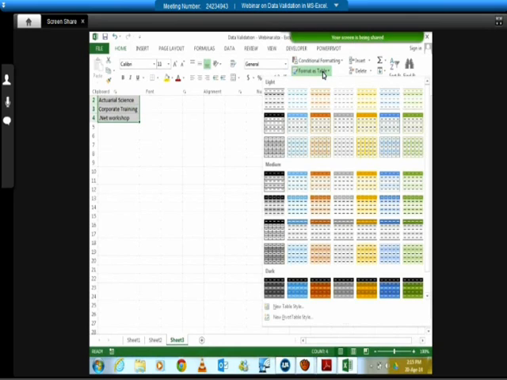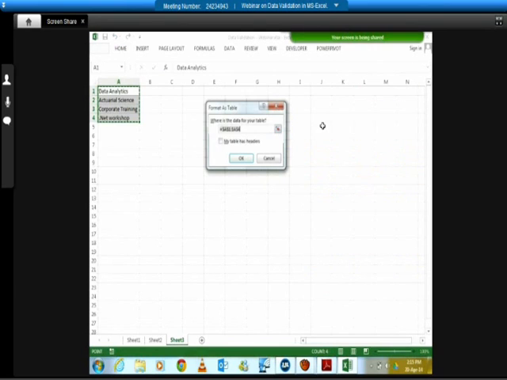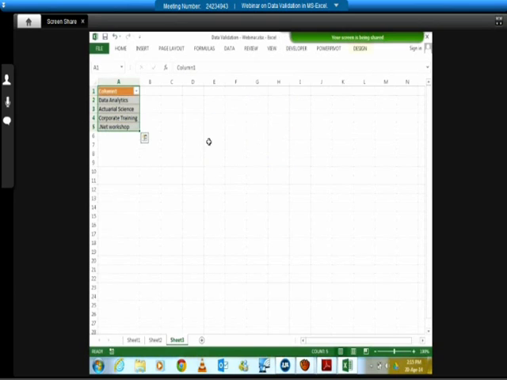So let's put this table. It's asking where the data is. It selected the data A1 to A4. And then it asks if my data has headers. My data does not have a header, so I'm not going to check this. I'm going to click OK. This has come up. Now I'm going to select the four cells and name them. Let's say I will name them IV program again, but I'm writing the full form of program, so it's a different name that I have applied on it.